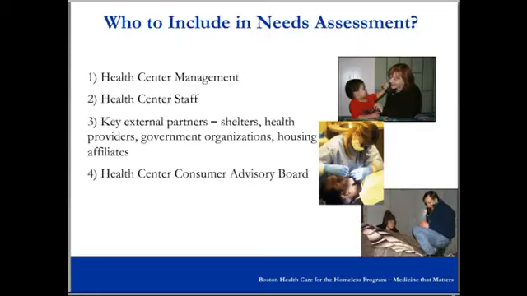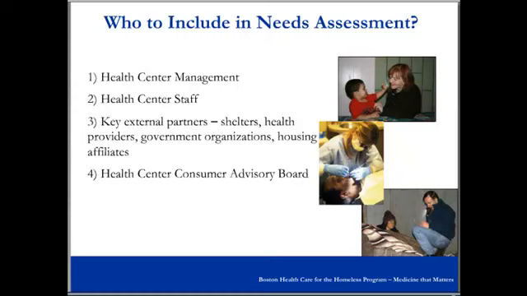Okay, so now to discuss how you actually conduct a needs assessment. First, you'll want to consider who to include in the needs assessment. In our most recent needs assessment of 2010, we included 4 major groups.